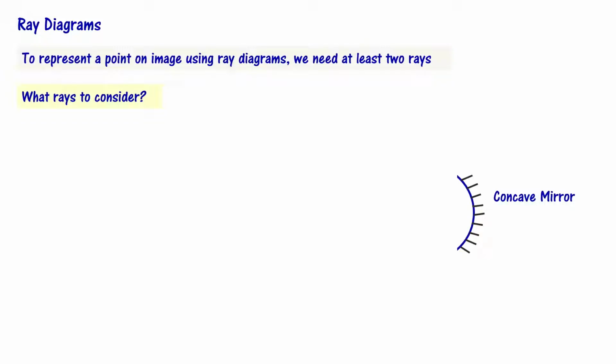Let me consider a concave mirror. I have an incident ray. The ray is coming from the source of the light and it is hitting the surface of the mirror at this point. This is called point of incidence. Now, from the point of incidence, the ray has to reflect, right? How do I draw the reflected ray? For that, first we draw a normal to the surface of the mirror from this particular point. This is the point of incidence, right? At the point of incidence, I have to draw a normal to the surface of the mirror.